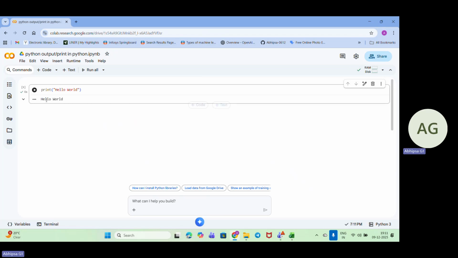It has printed. So this is my output, because whatever Python shows on the screen, we call that output. Python is showing this hello world based on my command. So this is my output.